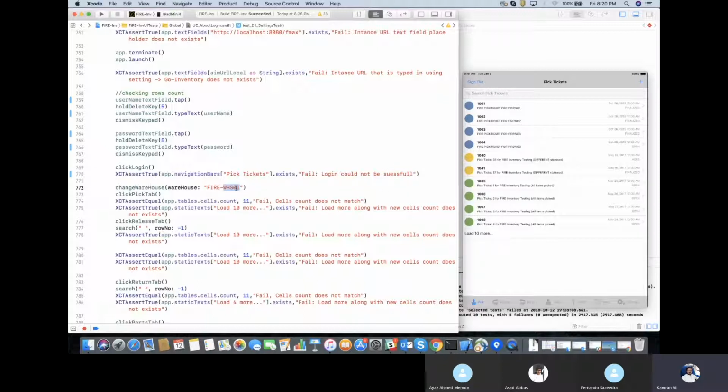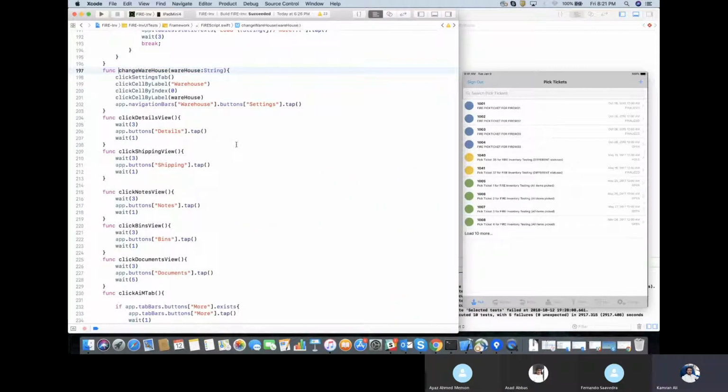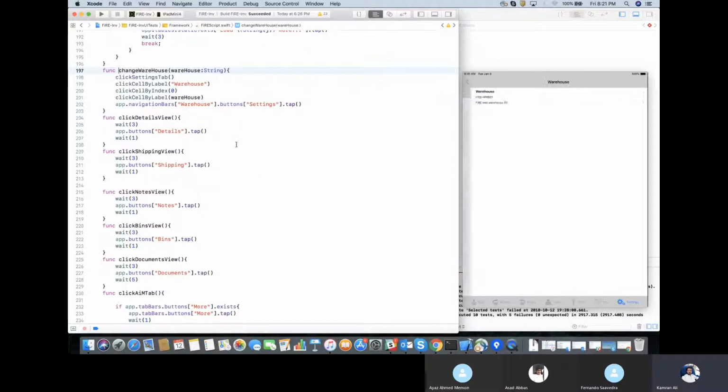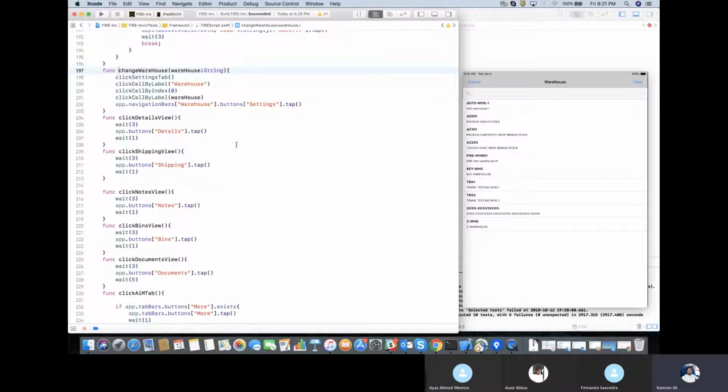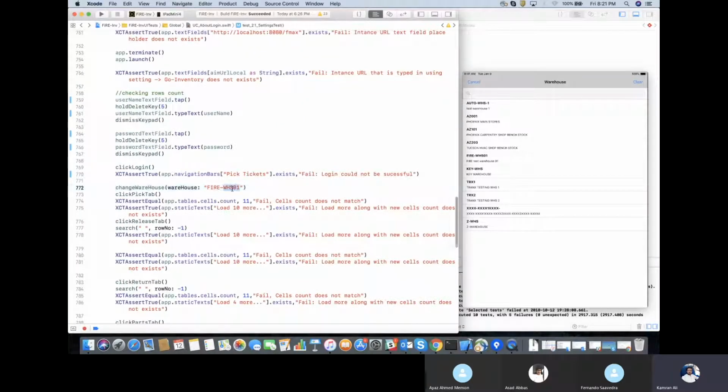Okay, what we are doing next, we are changing warehouse, and what the change warehouse function is doing, it is stepping on the settings tab, and it is stepping on the warehouse cell, then it is stepping on index 0, then it is using click cell by label, and now I was passing it the RWH01 value, so I just tapped on that,